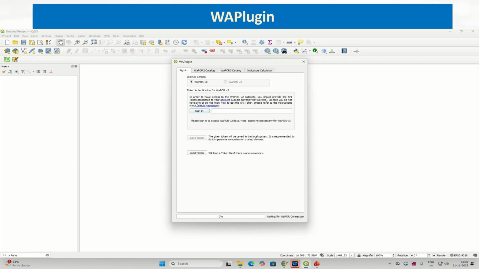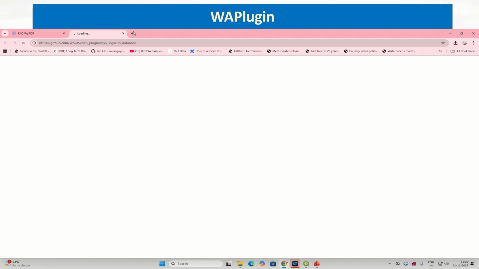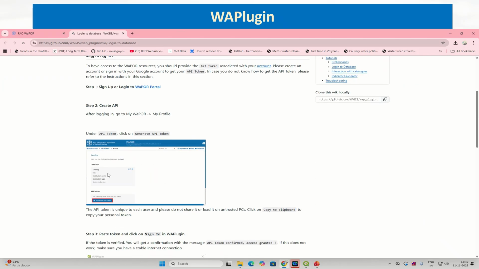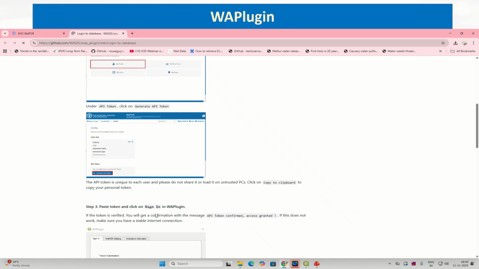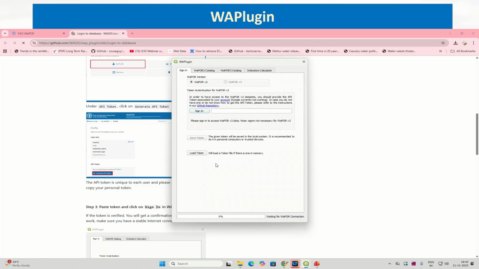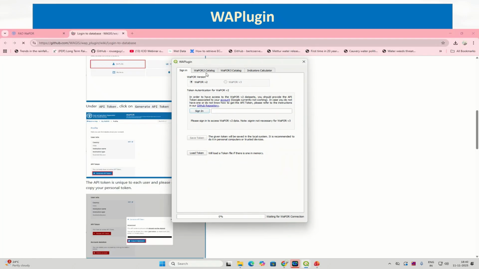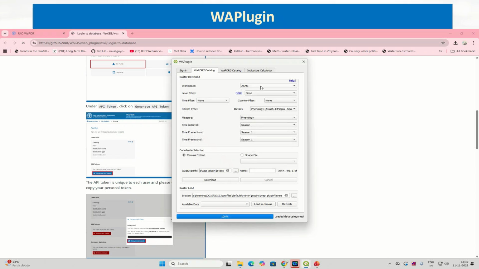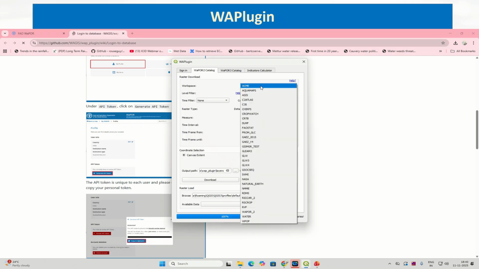In case you do not know how to get the API token, please refer to the instructions at our GitHub repository. You can even have a look at this GitHub repository for how to access or generate the API token, right? And once you have it, you can load the token, sign in, and then from the catalog you can download the data